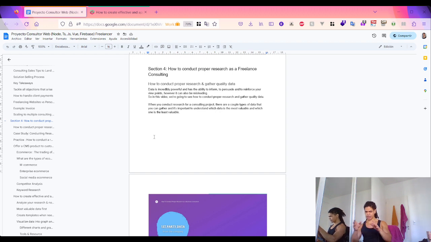And also a competitor analysis by looking at the different actors involved here, right? Like Alibaba, Amazon, eBay, IKEA, Shopify, and also a keyword research based on that to get a clear idea of what's going on. For example, like